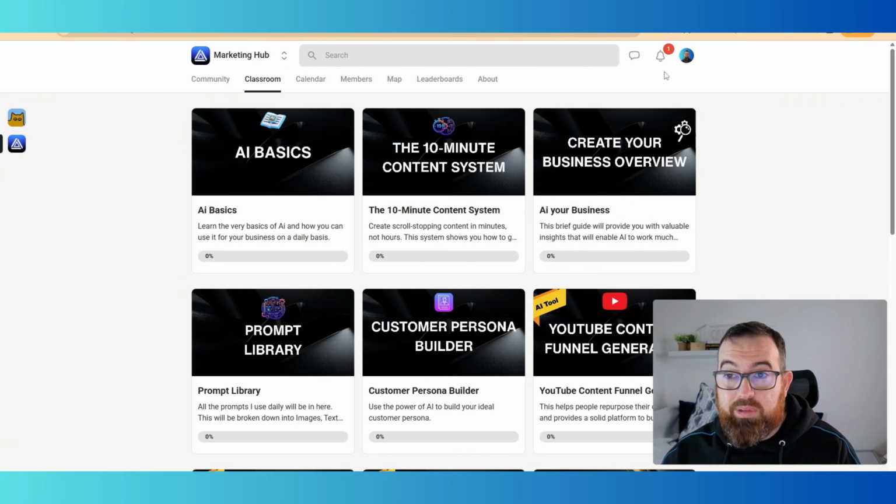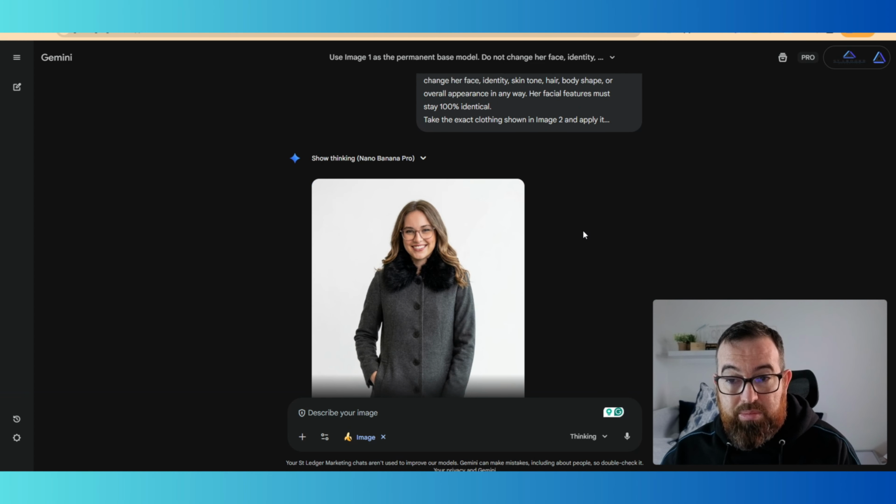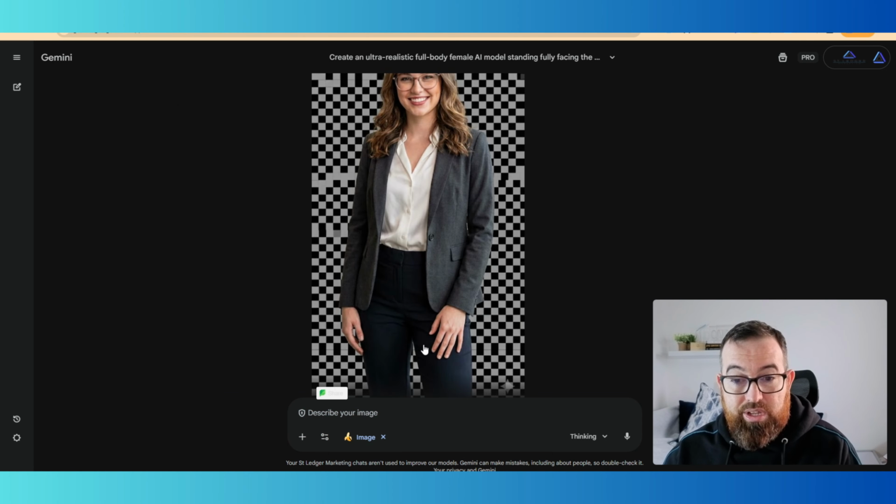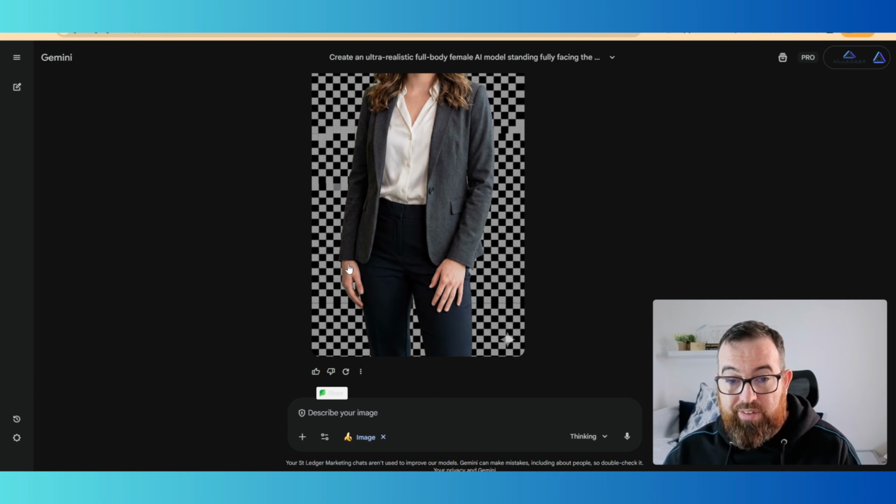I grabbed the prompt from in there. And with that, it pretty much extracted it all, put it into it. Now you can see it's still following a similar style, a similar pattern as what it was in our core image. So if we jump back over here, you can see identical placement of this hand. Obviously this hand is in the pocket again, which is a natural fit if a person is wearing the coat